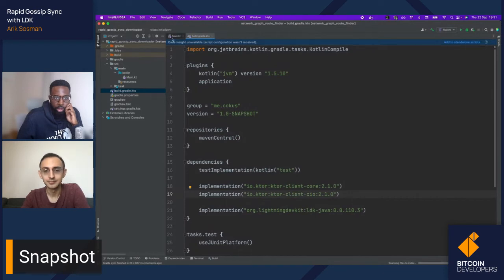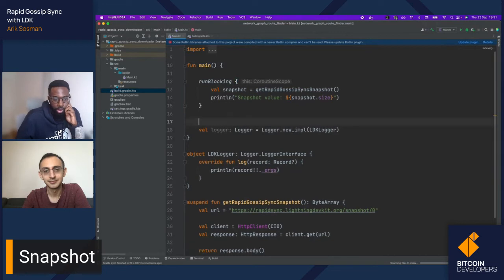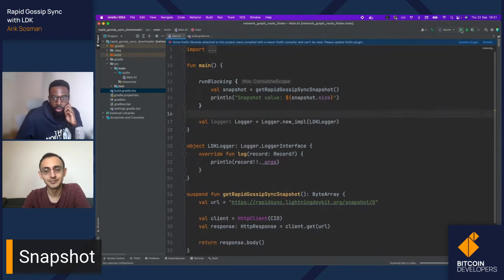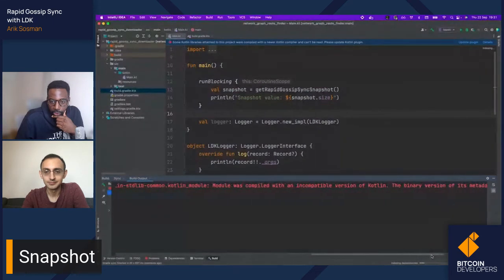Okay, that's fine. Scanning. Okay, let's try run now. It's not happy, is it? Module was compiled with incompatible version of Kotlin. The binary version of its metadata was 621.